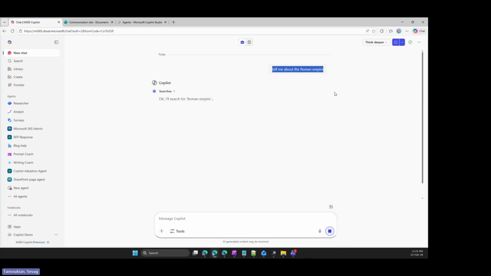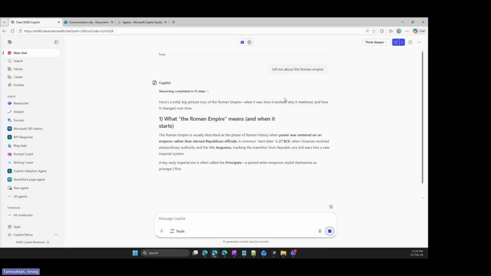Obviously, I can reconstruct this prompt to make it much better. But if we give it a second, you'll see the difference between using an agent that is a specialist in that subject or in that area. Basically, you need to think about the researcher as a person who's got several PhDs in researching, and then the analyst is a person who has several PhDs in analyzing data.